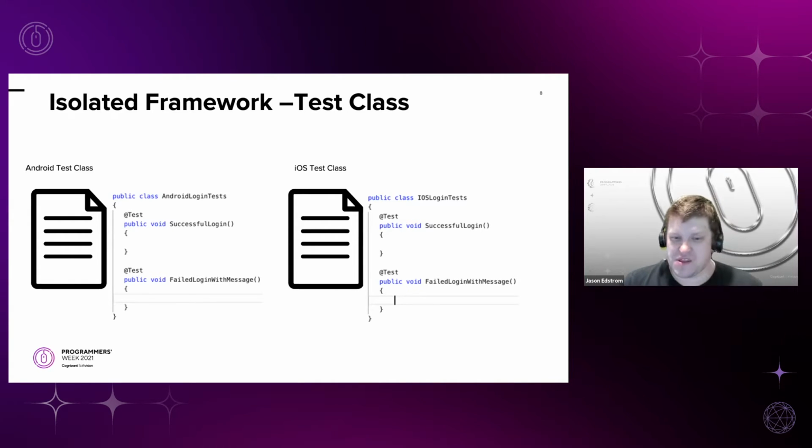The nice part about an isolated framework is that we have full flexibility to have an iOS only test or an Android only test. You can even package them up and distribute them differently, but that's the main thing, is that these are technically just two different frameworks. They're not really sharing any complexity or capability, but you're writing stuff twice.